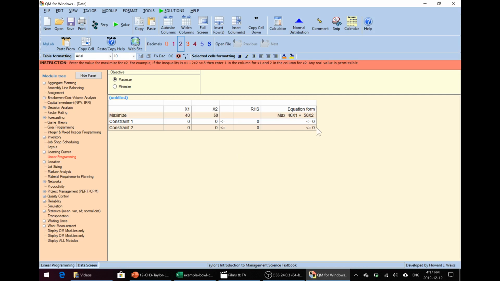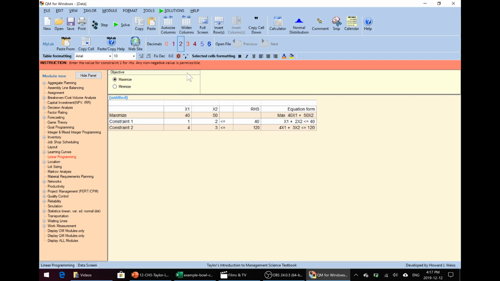You can see on the side the equation is also coming, and then here the constraint one is 1x1 plus 2x2 is less or equal to 40, and the second constraint is 4x1 plus 3x2. And again, by clicking on this one, we can change to equality or greater or equal to, so it is less or equal to,